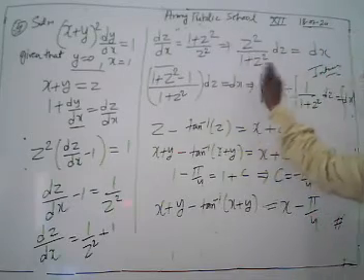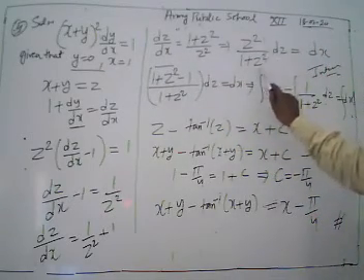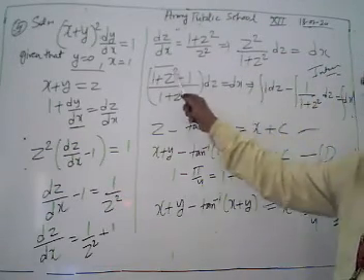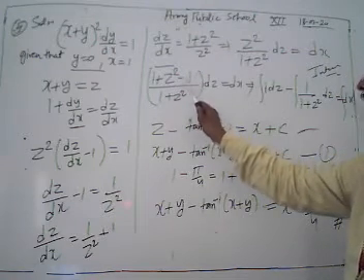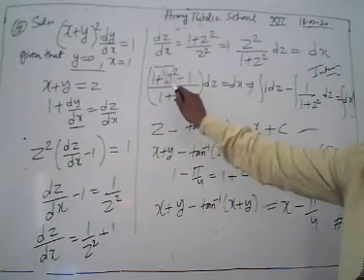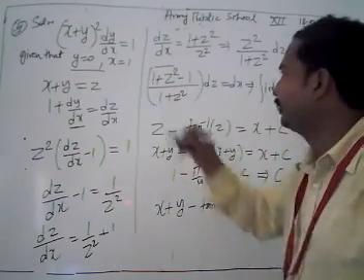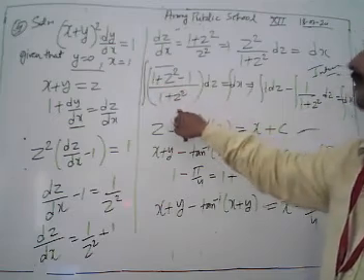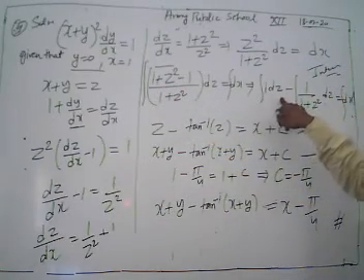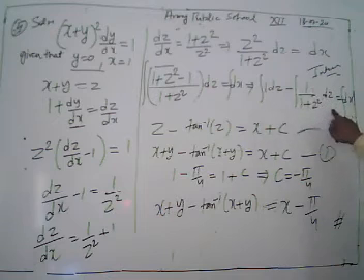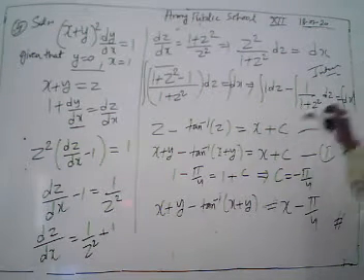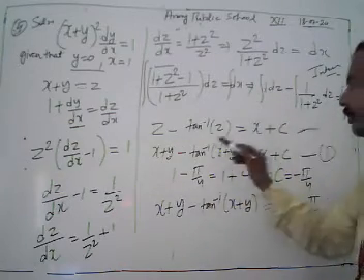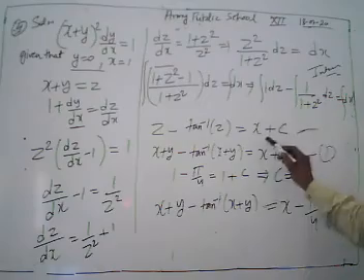Then after separating our variables, we get z square upon 1 plus z square dz equal to dx. Now we have to integrate this. Then we add 1 and subtract 1. After integration we have (1 plus z square) by (1 plus z square), then integration of 1 dz and minus 1 upon 1 plus z square dz equal to integration of dx. Integration of 1 is z, integration of 1 upon 1 plus z square is tan inverse z, and integration of dx is x plus c.